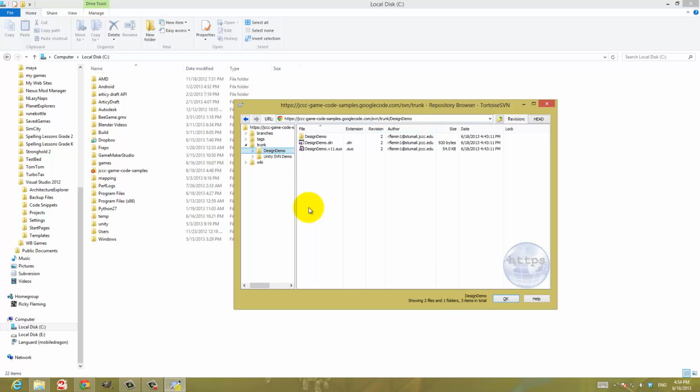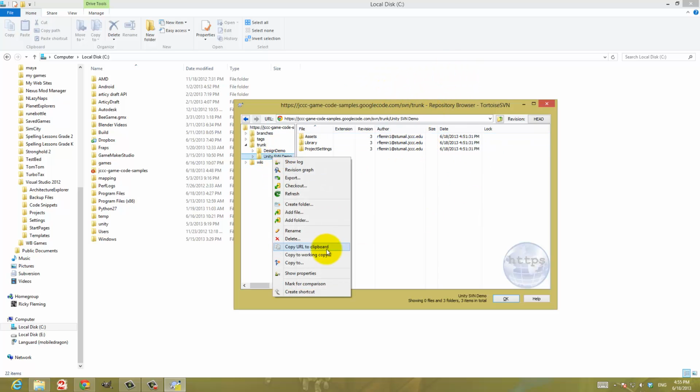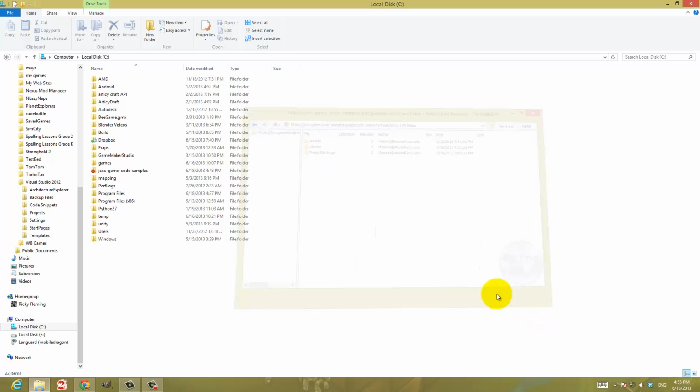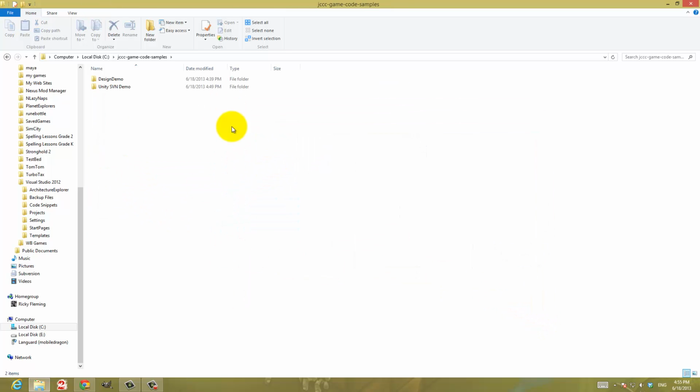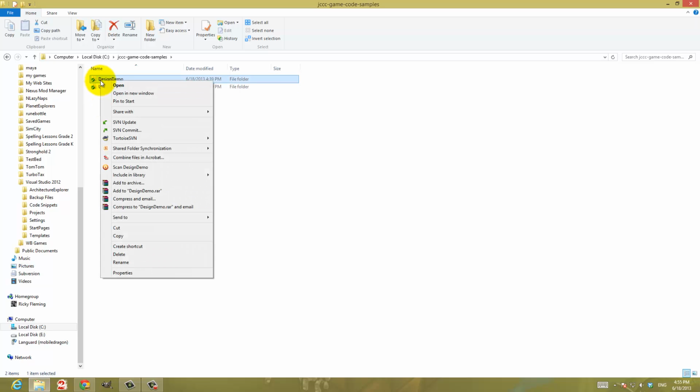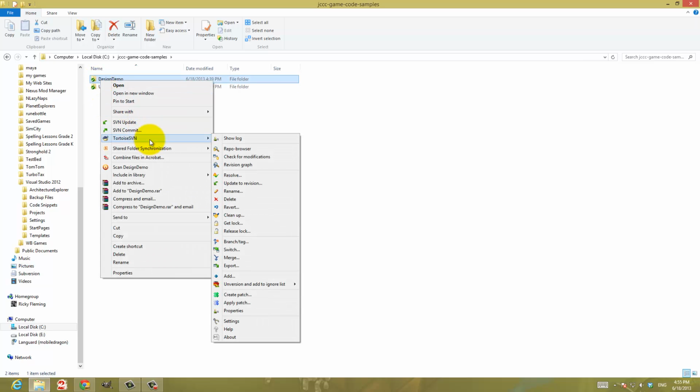Now, how do we remove something from SVN? Because honestly, there's no point in having this Unity SVN demo project in here because there's nothing in it. So how do I get that off? Well, one way would be to come into the repository browser and delete it out of here. That would be one option. Another option is on the local file system. I could do a right-click Tortoise SVN delete, and that would delete it and all folders and files underneath it